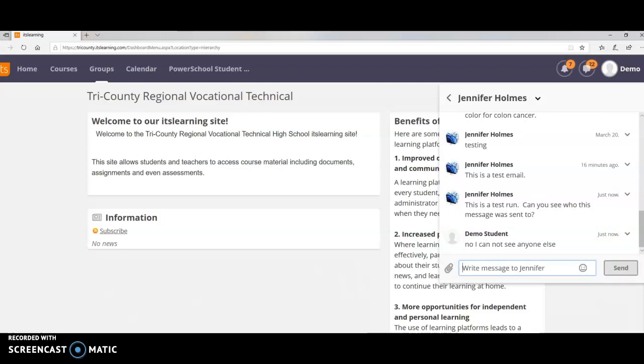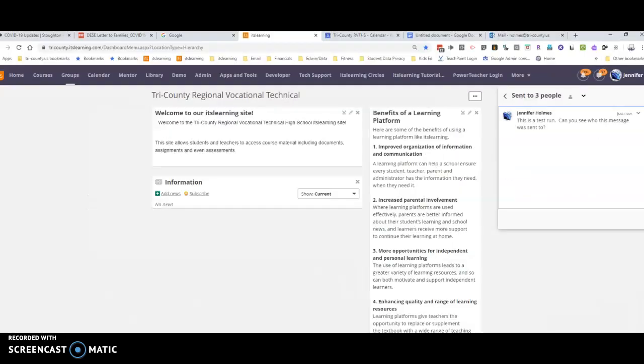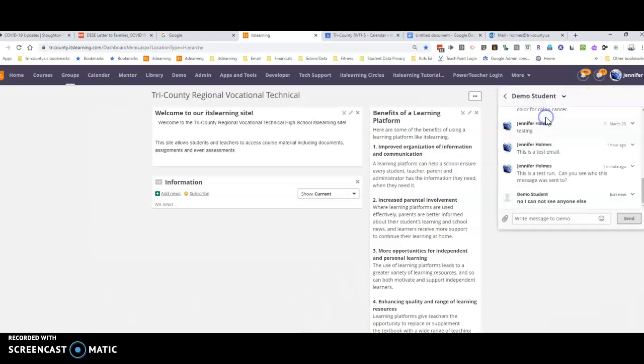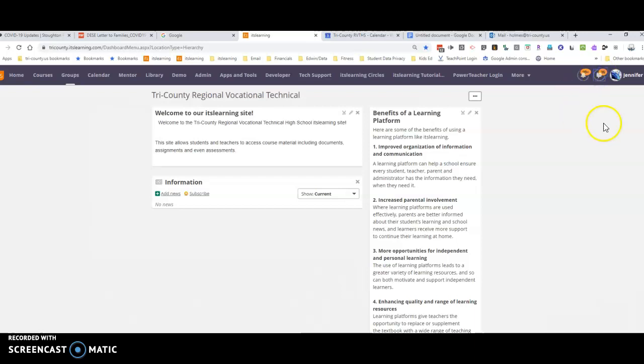Okay, now if I come back over to signed in as myself, I go to my messages, and I can see this demo student has replied to me, and this message went to no one else except for me. Now, if I need to send another message to the same group, unfortunately, I do have to start